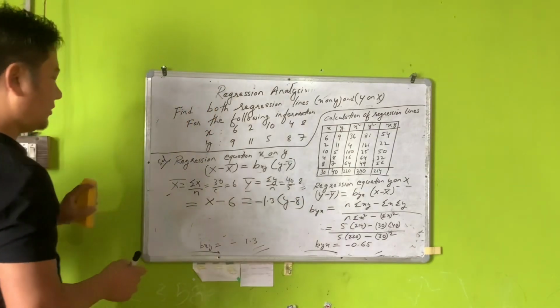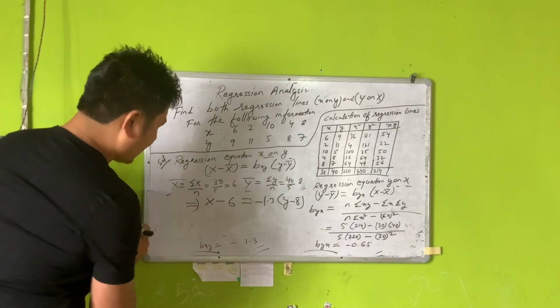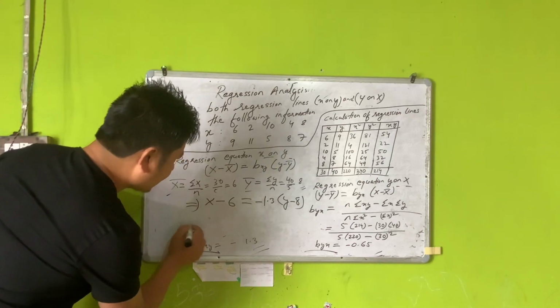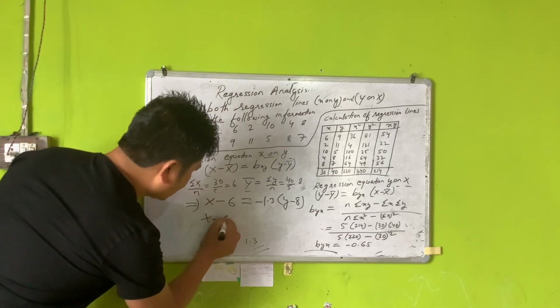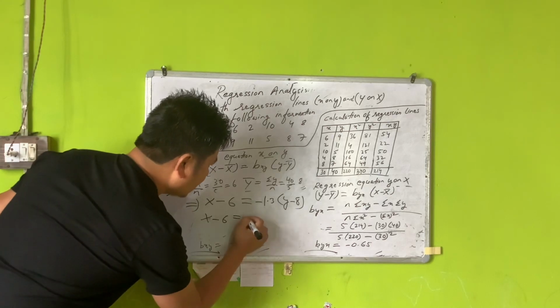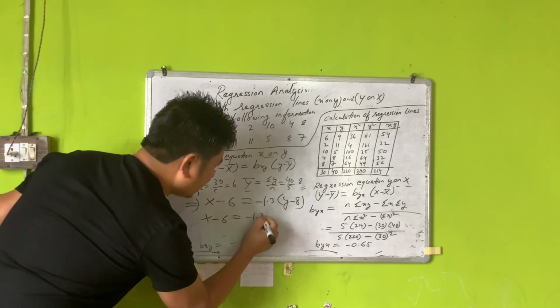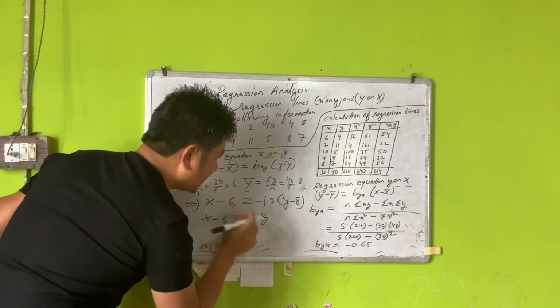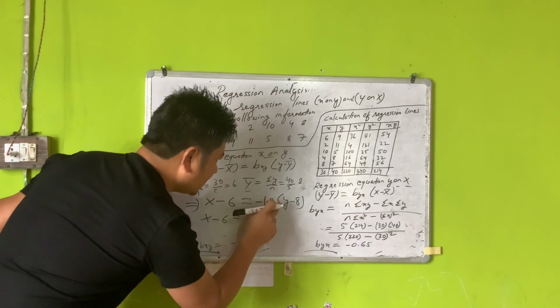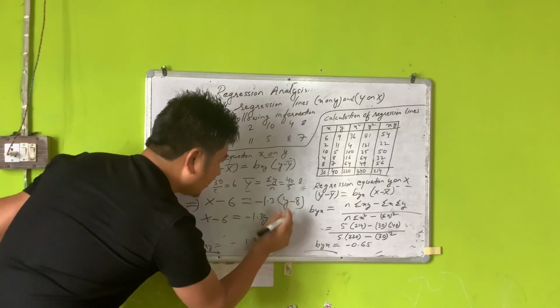Got it? Now you can write like this: x minus 6 is equal to minus 1.3 y, you multiply inside, minus 1.3 y minus minus, plus